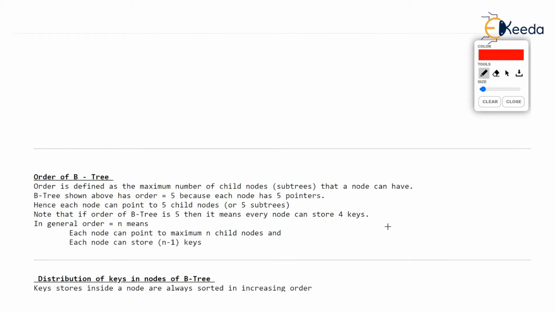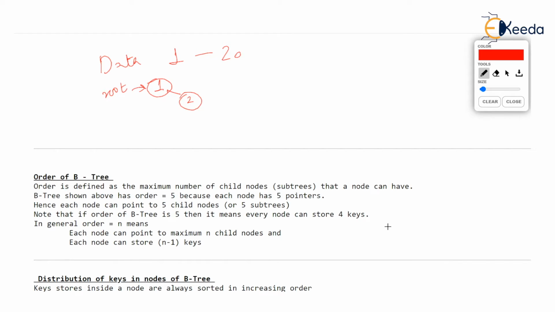Suppose 1 to 20 was the data, all in sorted order, 1 to 20. And we don't use a B tree, we use a binary search tree. So 1 will go in the root. And where will you insert 2? Remember the rule of binary search tree, larger values go to the right.